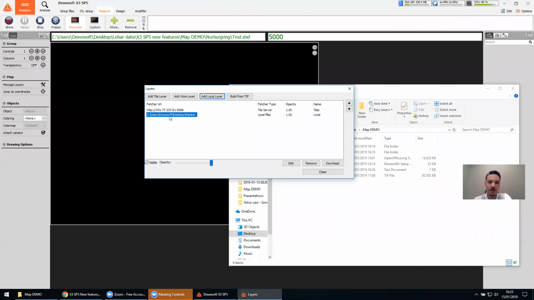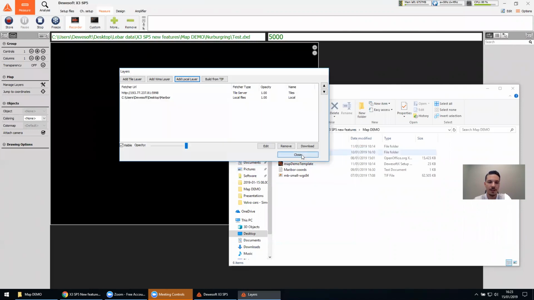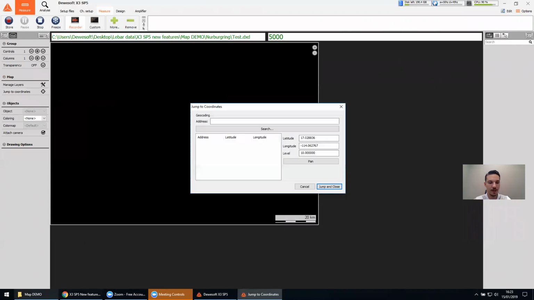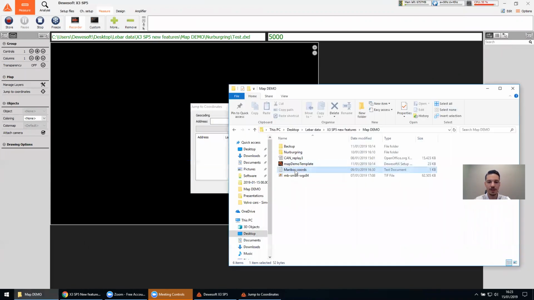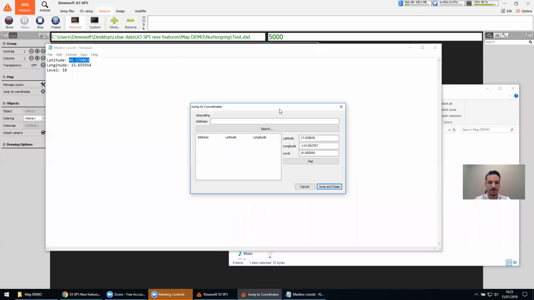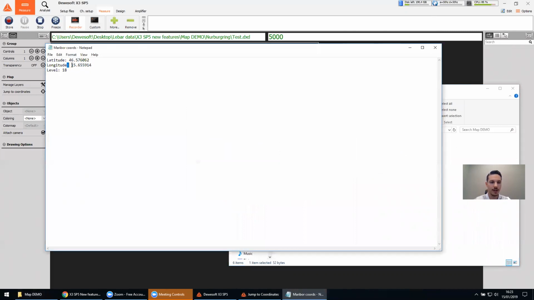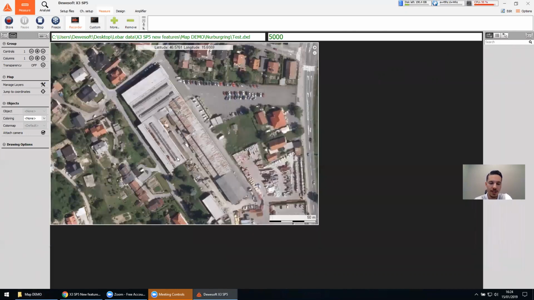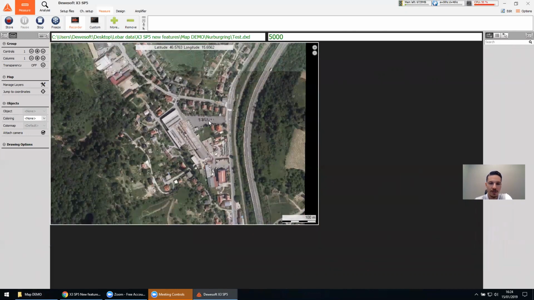If I select this folder, now it's automatically displayed, but the reason that we're not seeing anything on the screen is because we're not in the correct location. So what I'm going to do is I'm going to again use the jump to coordinates feature, and I've got some coordinates prepared over here. So if I just enter these in real quick. Jump and close. Yeah, you can straight away see that we are now able to see on the map the